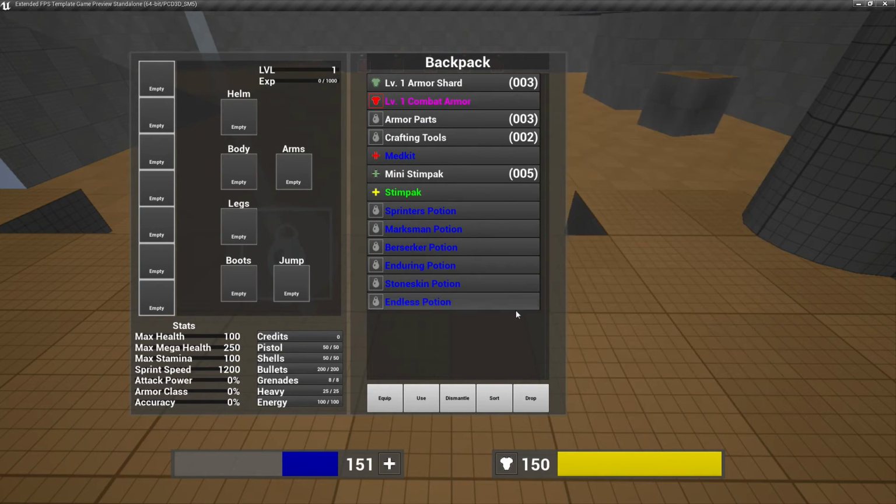With these, it's also possible to create better and better potions as well. So I think Enduring increases your max health for like 8 minutes or something like that. Let me check. Yeah, you get an extra 25% max health, and mega health goes all the way up to 312. So if you pop an Enduring potion before a tough fight, you'll have a much higher amount of health. But you can also dismantle these for alchemy components,